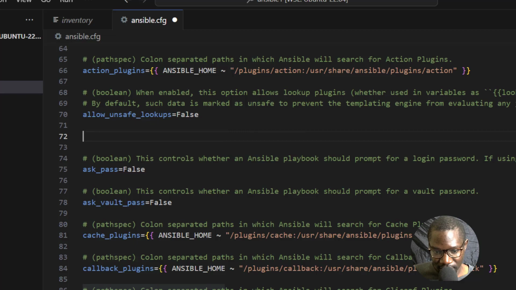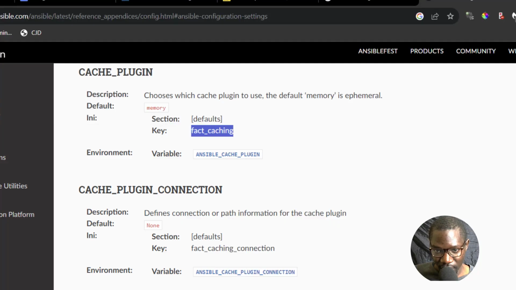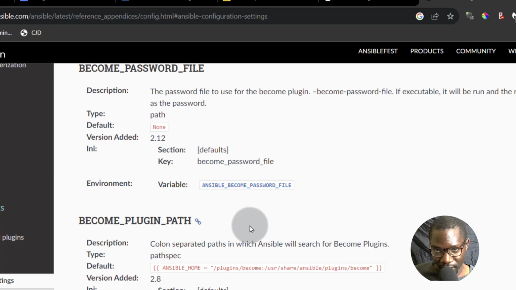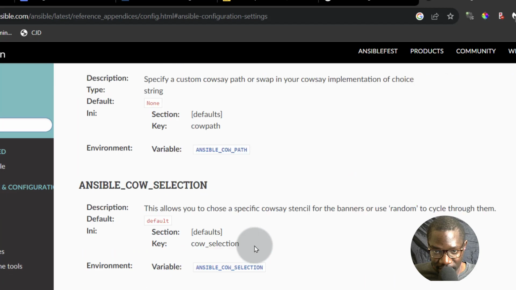That's important to know, because if you're using environment variables, you'll use it with that, right? But in most cases, you'll probably just define everything inside of Ansible CFG. But if you have to use an environment variable, let me just give you an example of that, because in shell, even in Kubernetes, when you're doing certain things, you'll always find yourself using environment variables. So to set up environment variables, let's say we want to do it for something that we'd already seen, which is up here, action warnings.